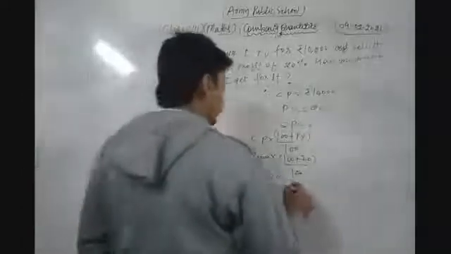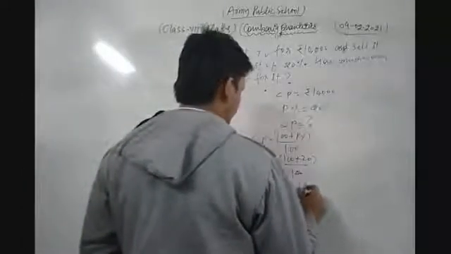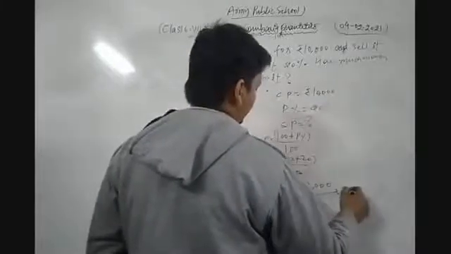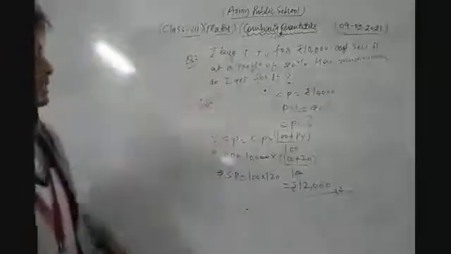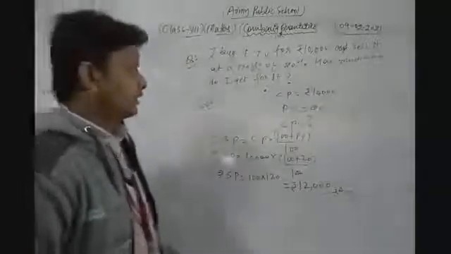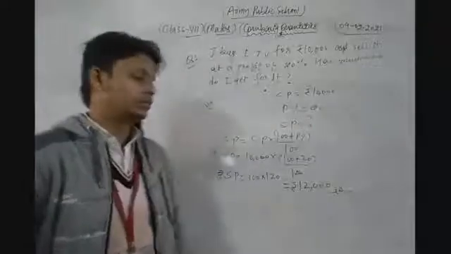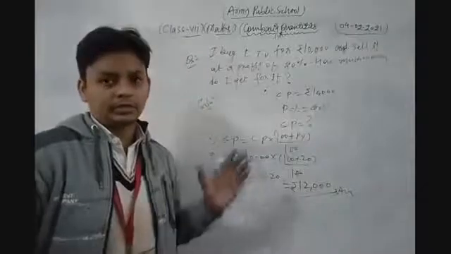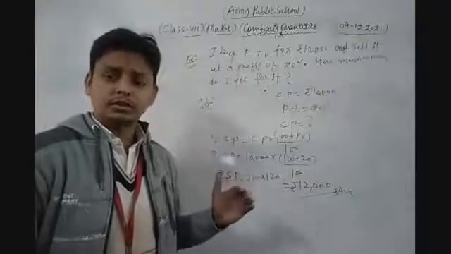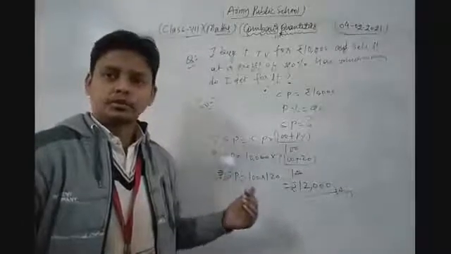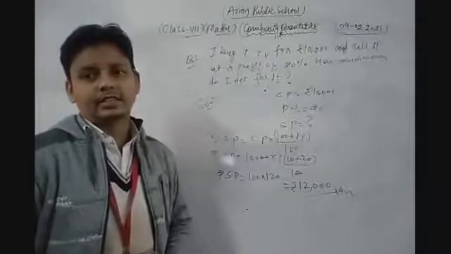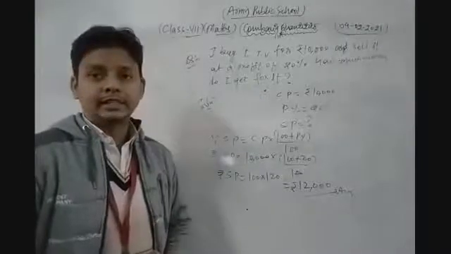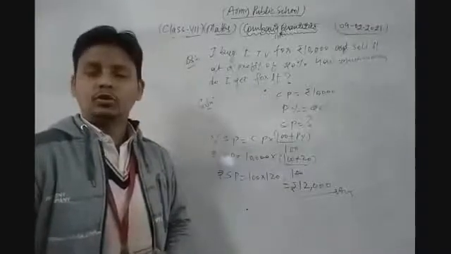Now we simplify them, so we get 100 into 120, which is rupees 12,000. Thus, in this way, the selling price I get for that TV is 12,000 rupees. So 12,000 is the required solution of the given question. Thus, in this way you can solve each and every question of your NCERT exercise based on the topic buying and selling of an object. Okay, dear students.